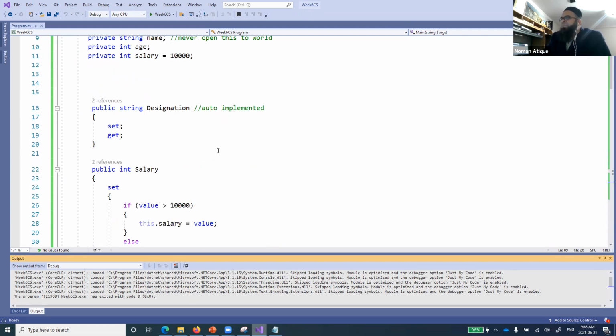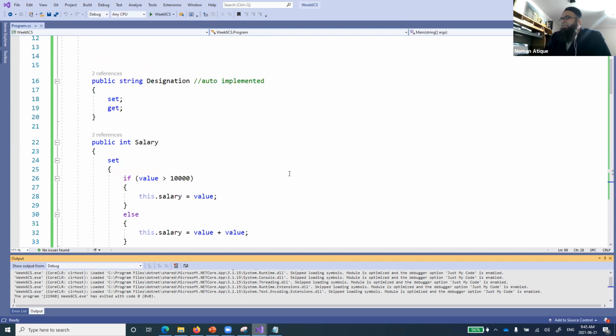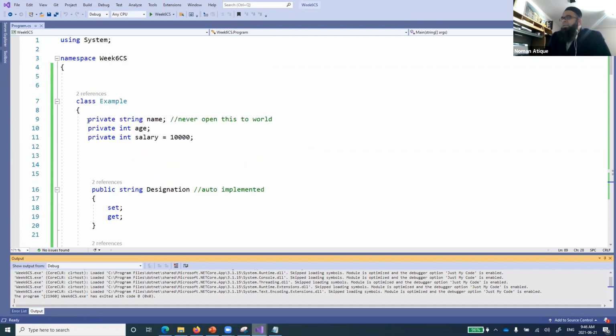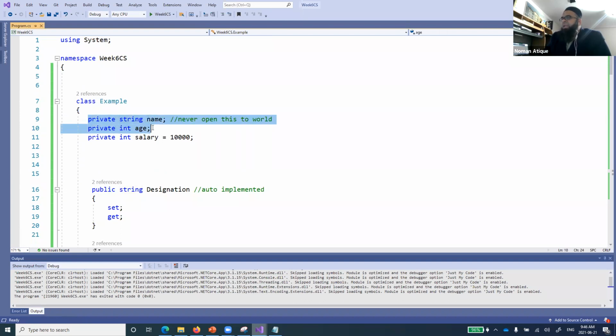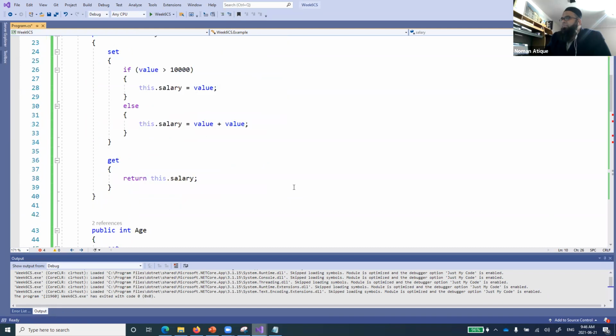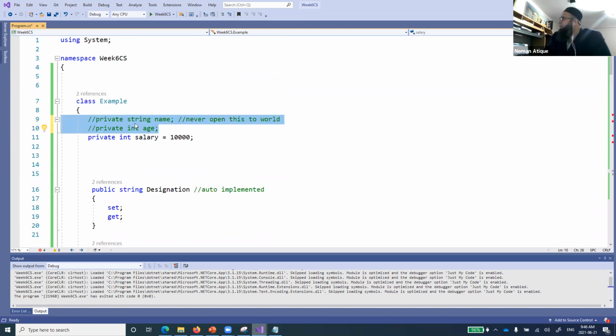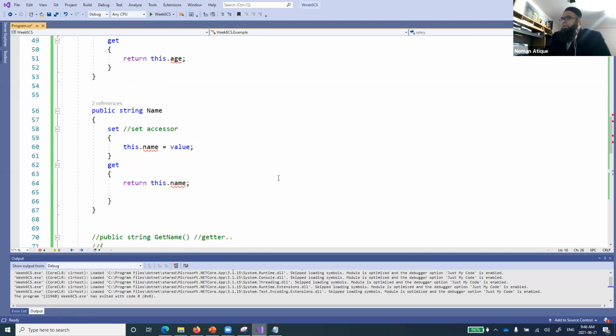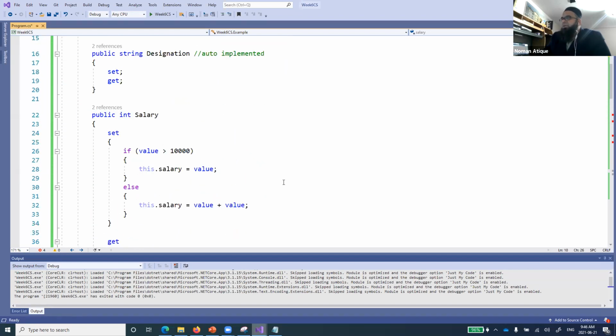So technically there is an interesting concept. For example, I'm not implementing any logic on these two. So if I close them, what I've done is I've just not defined these two variables. Bear in mind, if I do that, and if you see here,